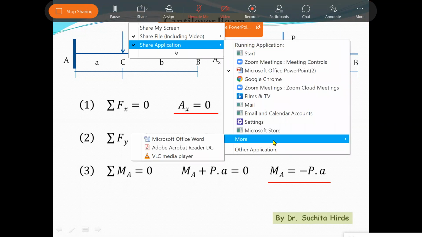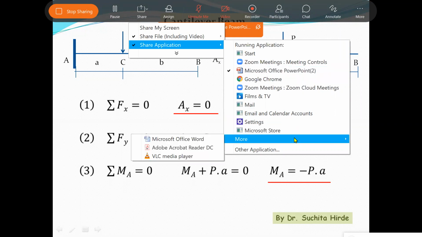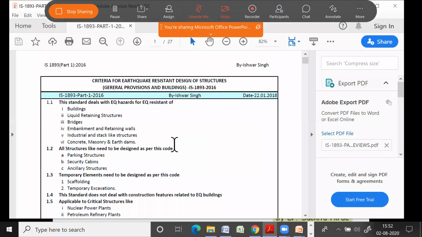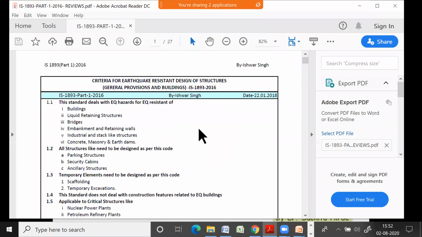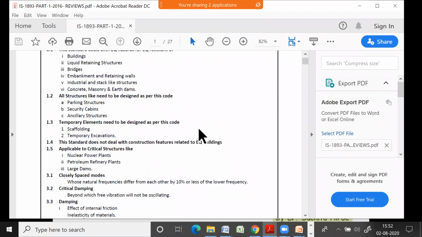Our file is a PDF file. So you can search here for the PDF file. Click on that file. Now the student can see this new file. Now you can explain from this file and then you minimize it.